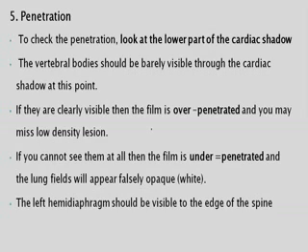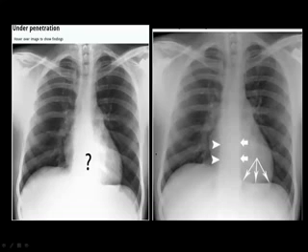Like chest is different, spine is different, depending on the density of the body part. The X-ray strength is fixed accordingly. So if it is not set properly, and a higher strength is used for the chest, like a spine level of strength, we may get an over penetrated film. Or if low strength X-rays are used, it may be an under penetrated film. So this is an example of under penetration.